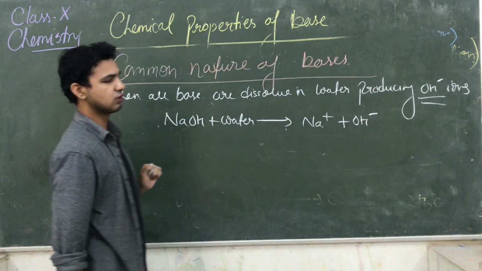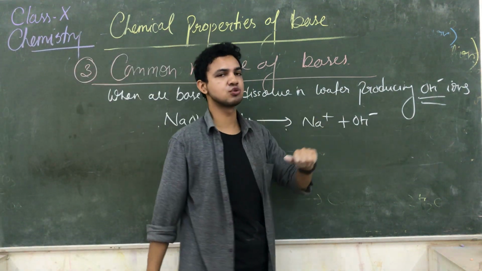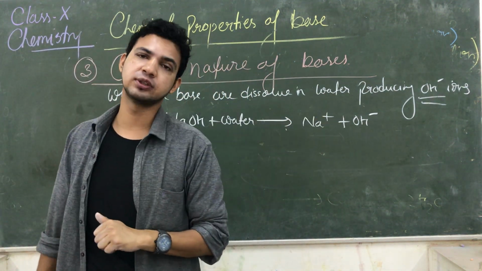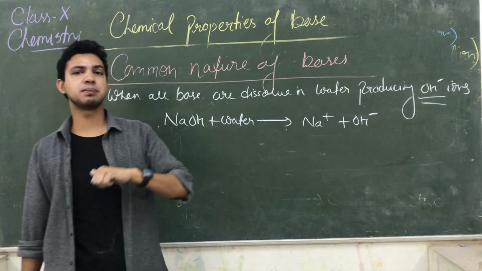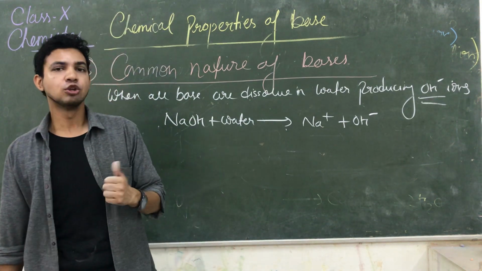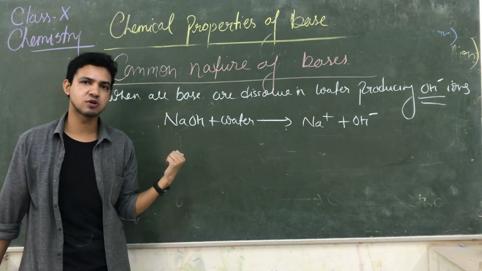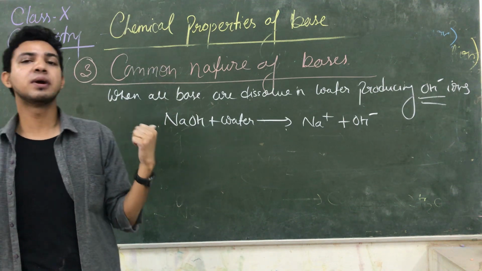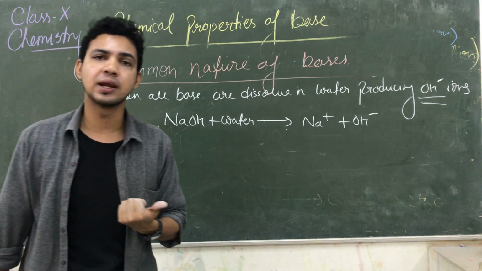So it means NaOH is a base, but when it dissolves in water, that solution is known as the alkali solution. That is a vast difference between alkali and base. तो अगर आपसे कभी base और alkali में difference पूछा जाए, तो दोनों में बहुत बड़ा differences है. भले वो metal के hydroxide या metal के oxides के हों, but when they dissolve in water, they form a solution known as the alkali solution.